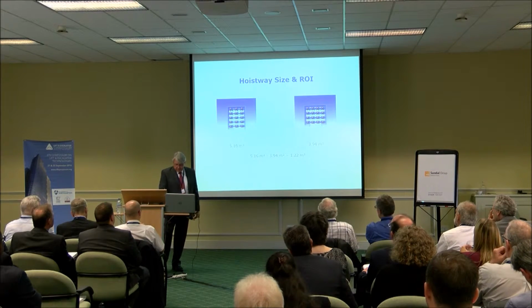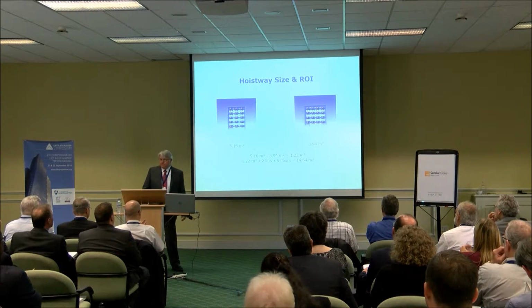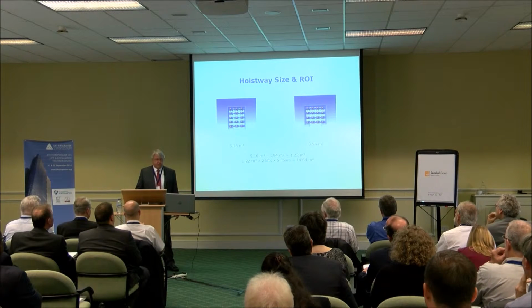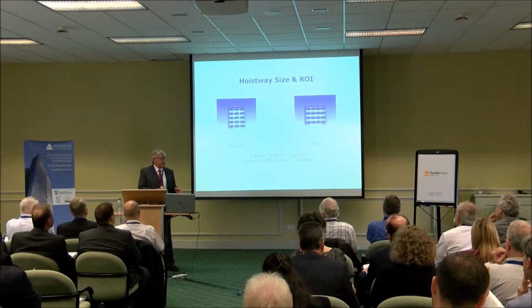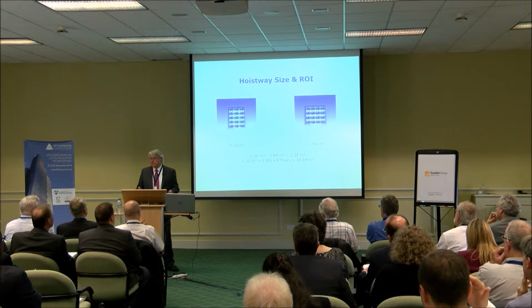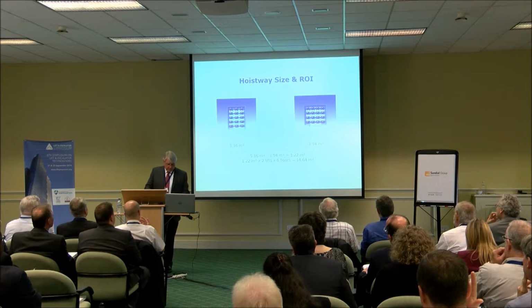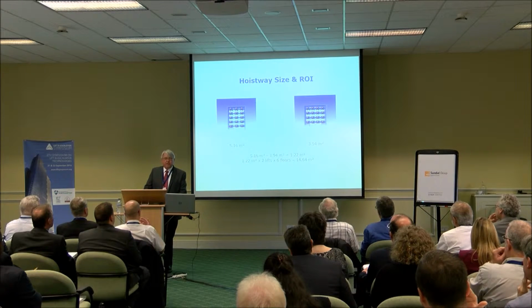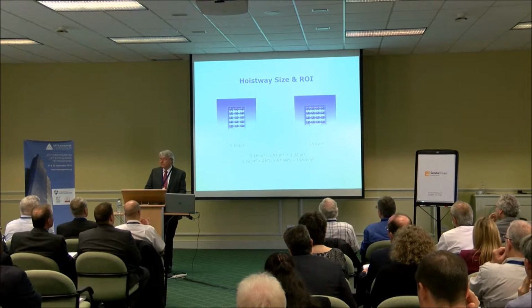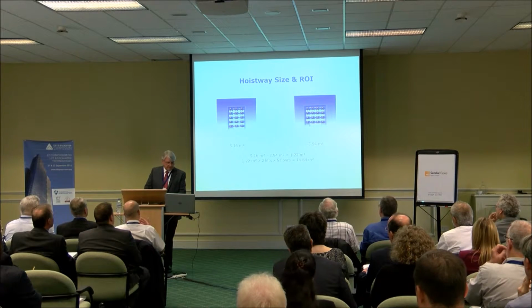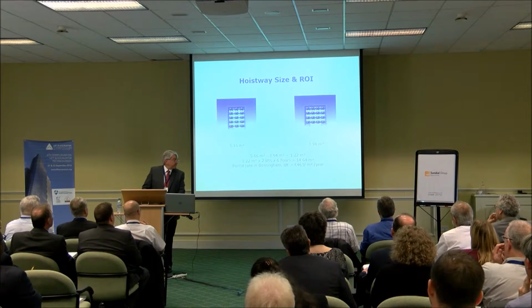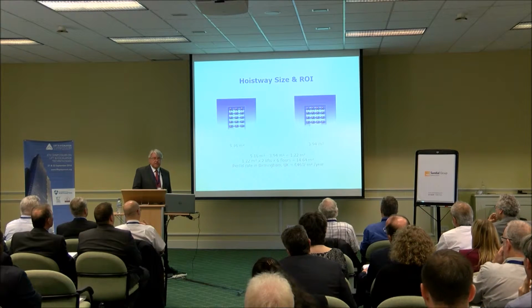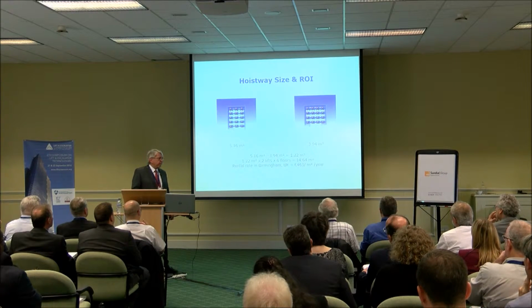Well, it's a little more than that, because that's per lift. And this building had 2 lifts, 6 floors. And so there's a total of 14.67 square meters more net lettable space for the same initial investment. So how does that work out? Well, I took a medium market, Birmingham, not too far from here. It's not London, it's not Hong Kong. But even there, the rental rate in Birmingham is 463 euros per square meter per year.